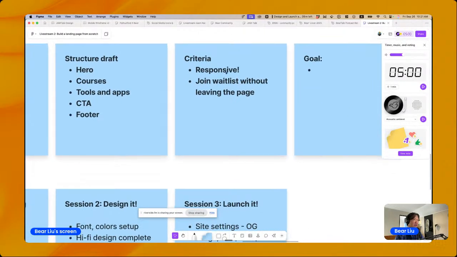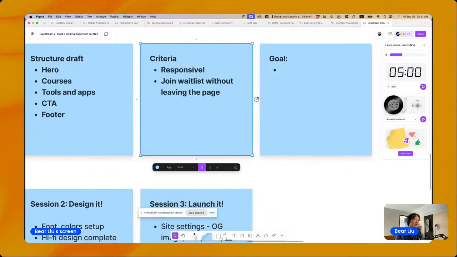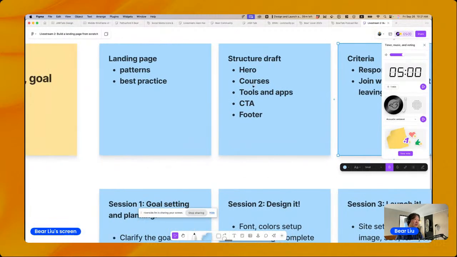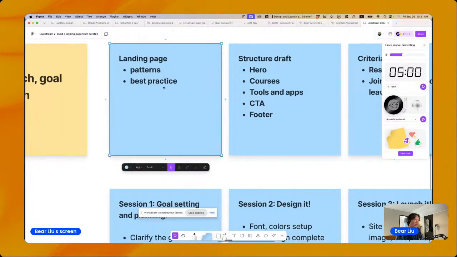I want to make it a responsive website, so it should adapt to desktop, tablet, and mobile. Okay, great. And I want to have a call to action, like a join waitlist without leaving the page, and pretty much similar to my waitlist landing page at the moment. So yeah, that's my criteria. And for this one, I actually